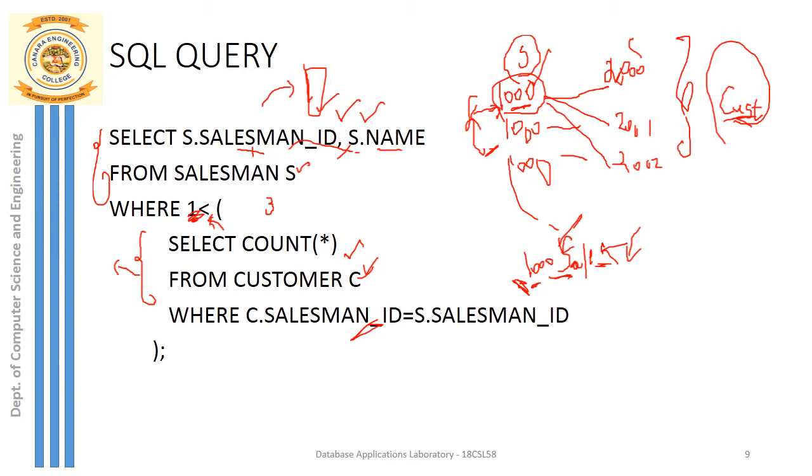What is the meaning of that? The number of rows, the number of customers for that particular salesman is greater than 1. That means 3 is greater than 1. I have a total of 3 customers for that particular selected salesman. So once the condition is satisfied here, just go back to the salesman table and extract that particular salesman's name and ID, and that is what we have done as a part of the outer query here. So that ID and name you extract and put inside my final result table. In the final result table, I should have the ID and name of that particular salesman.